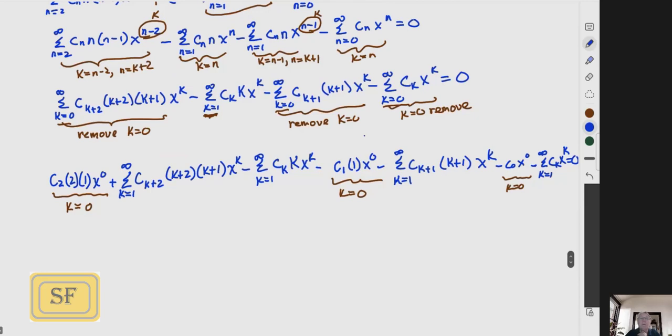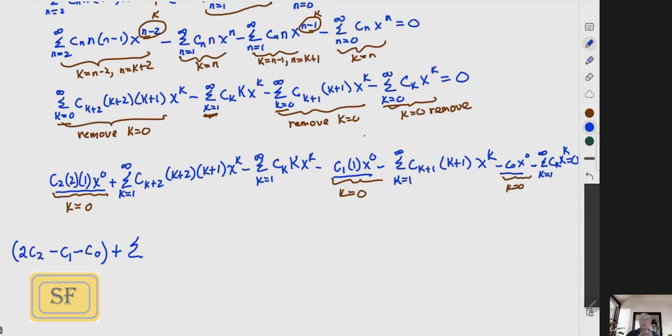So take a breather. So next, all of those k equals 0 terms are going to be combined at the front. And then all of those summation terms are going to also be combined. So let me combine all of these k equals 0 terms. This first term is just 2c2. I'm going to put that in parentheses. The second term is minus c1. And this last term is minus c0